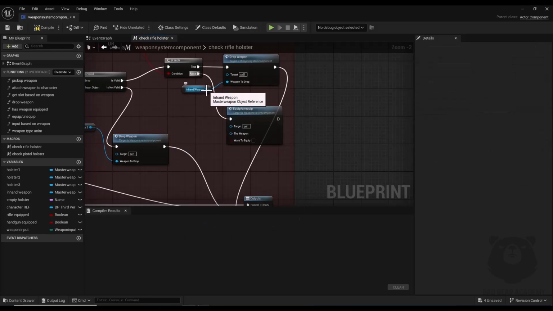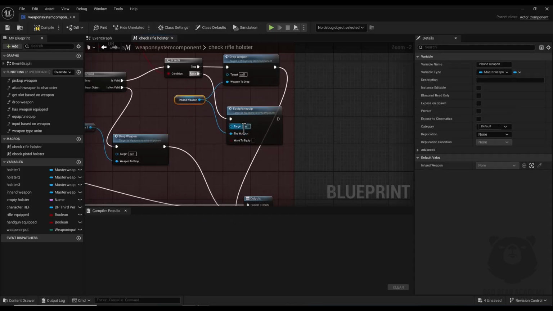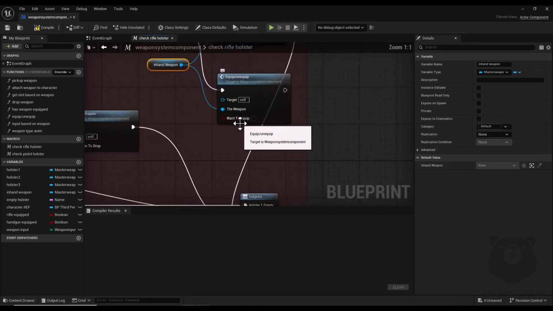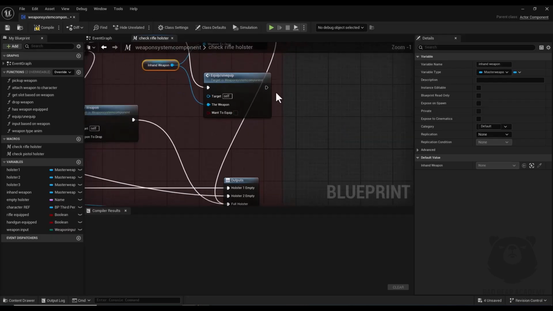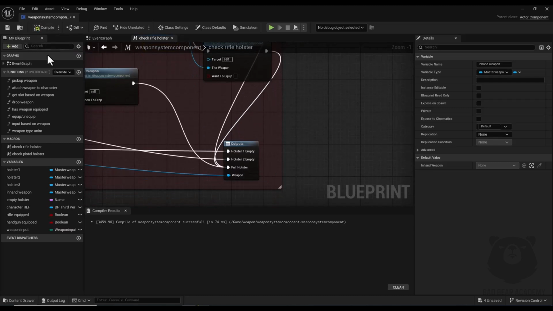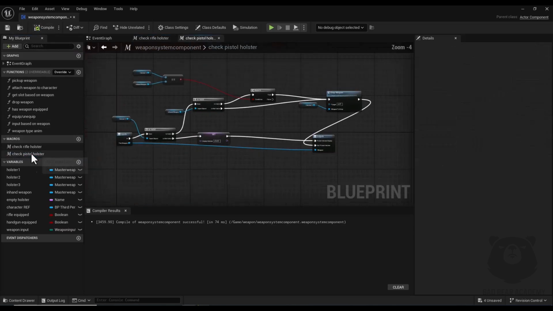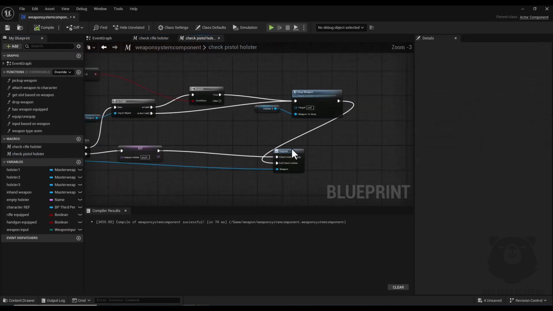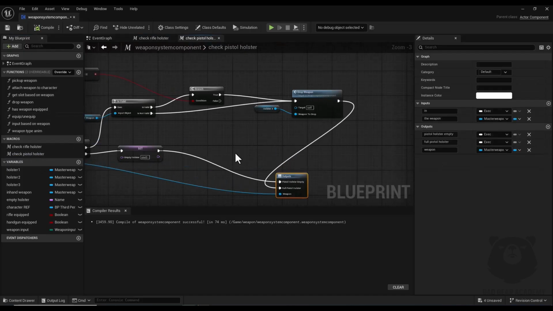or easily I can connect this to this one. My in-hand weapon should be unequipped, and I leave this want to equip input false, and I connect this execution pin to full holster. Okay, now I compile and open check pistol holster, and exactly like the rifle holster macro, here again I drag and drop my equip unequip function